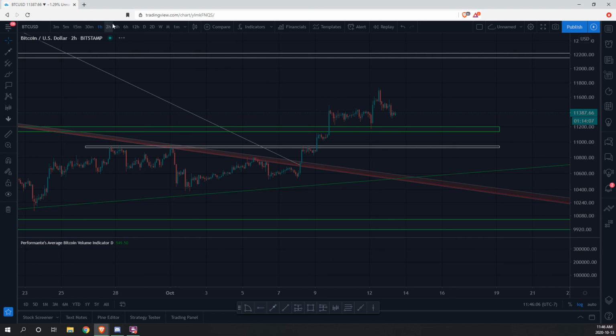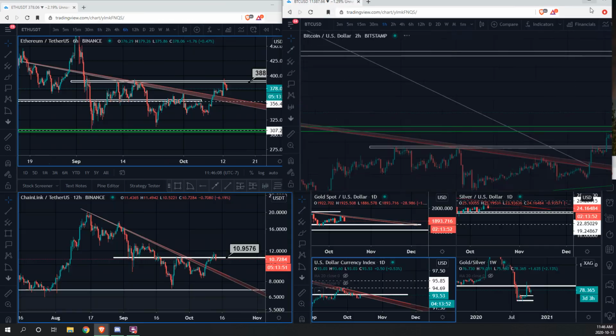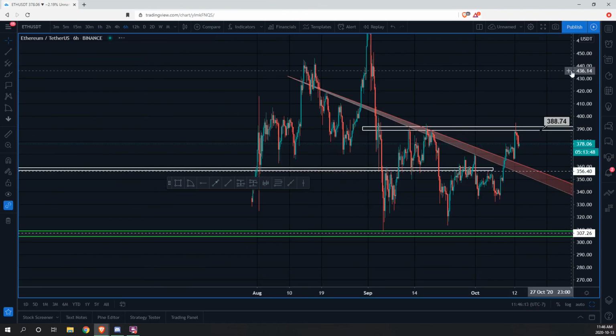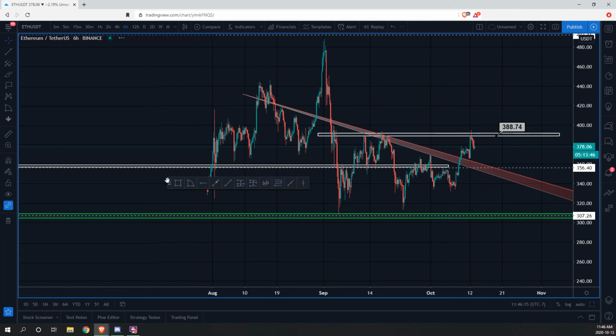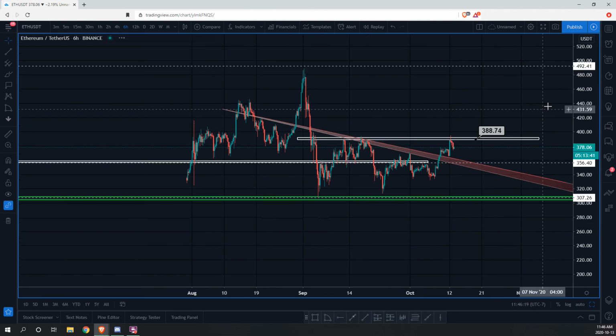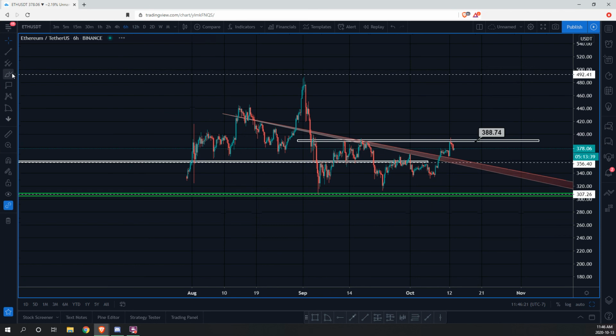Let's just talk about Ethereum while that's loading. What I like to see for Ethereum, it's a little bit of a laggard in my opinion compared to where BTC is, but I think 388 is going to be that major high that I like to see break. We see all right here, key level of resistance, and we haven't really been able to surpass it. We did break this series of lower highs, well, not really a lower high here because that was a higher high. So this was the high,